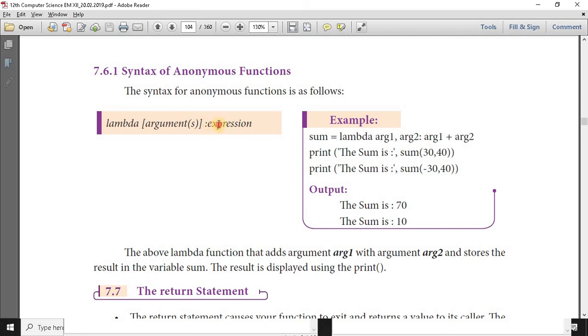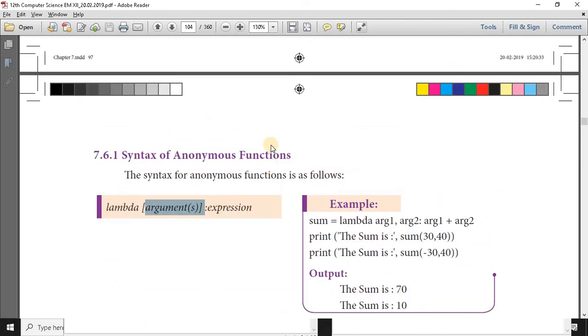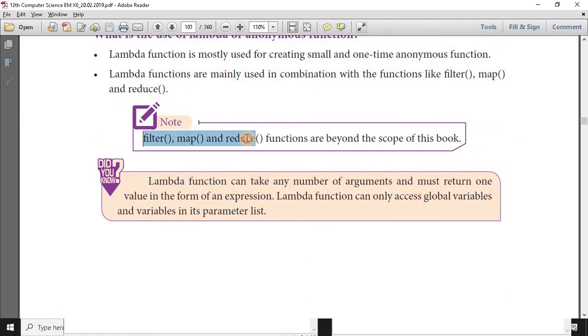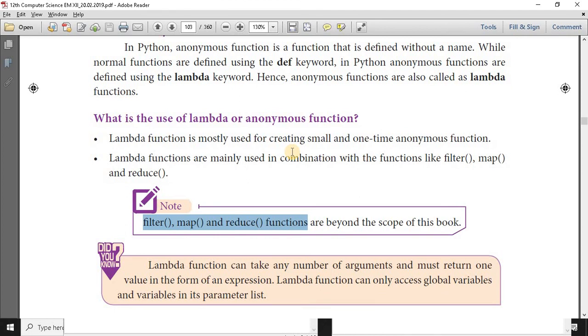Okay. This expression can perform operations on the defined list of parameters and global variables only. These are the important things you have to remember. Then this function is mostly used along with the functions filter, map, reduce, that is beyond your scope or syllabus.